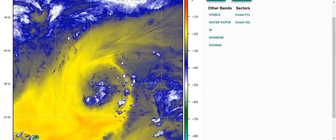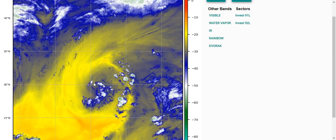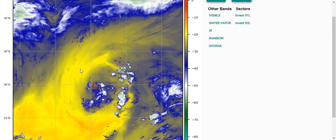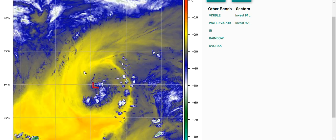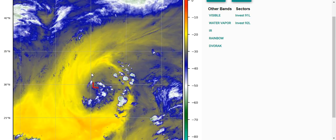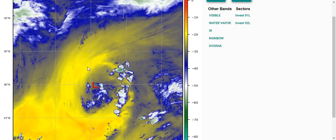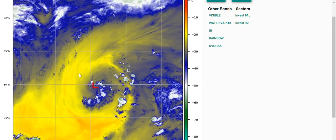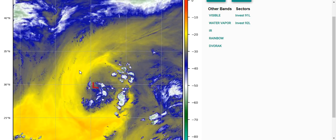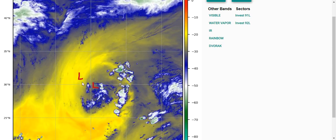If we look at the vapor imagery here, you can see here's that upper low. It's spinning here and diving to the southwest. You can't see the low level center here because there is no convection. So yeah, this channel doesn't really see the low level low per se, but it's out around here-ish. So this is out in that drier air. So not only is it in strong shear, it's also